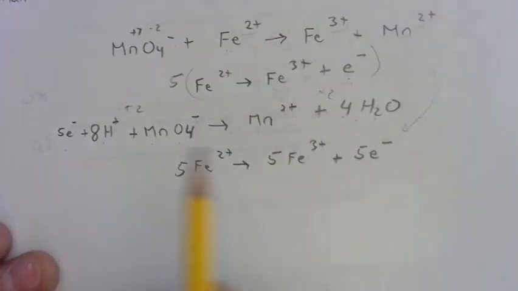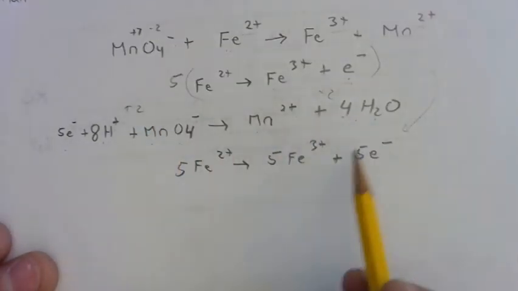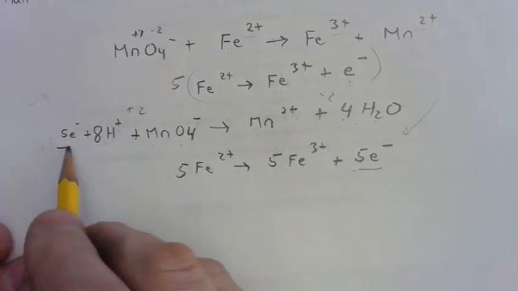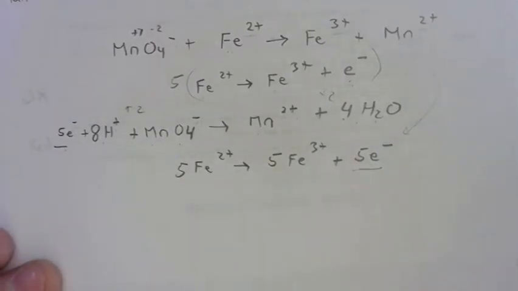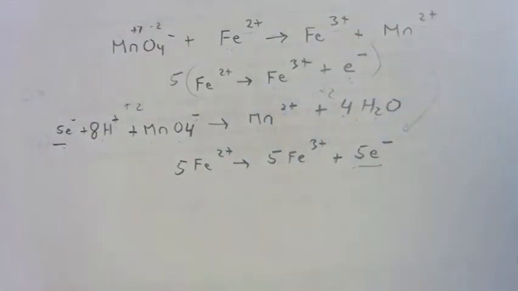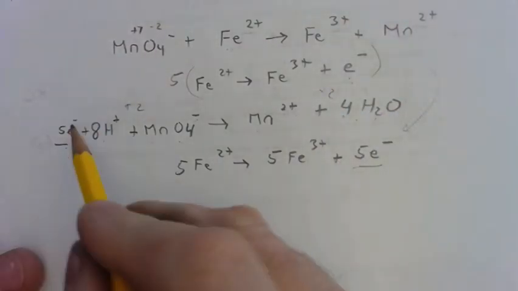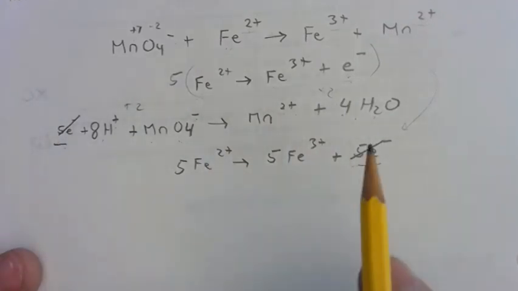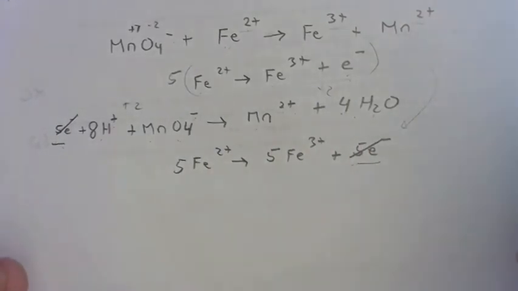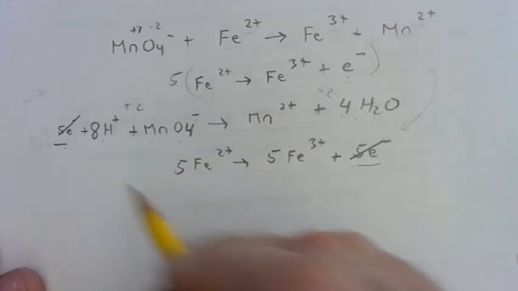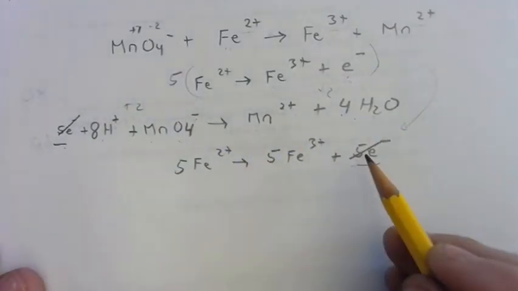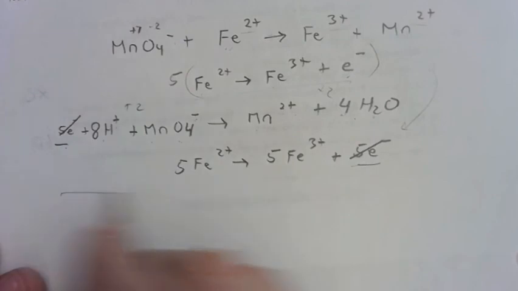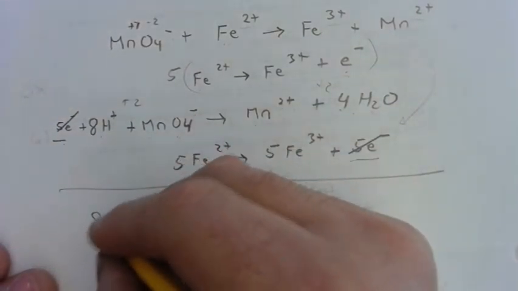Now we have our 2 half reactions. The number of electrons match on both of them, and then we recombine them by canceling out any substance that appears exactly the same on both sides and recombining all the reactants on one side and all the products on the other. So our final answer is going to be 8